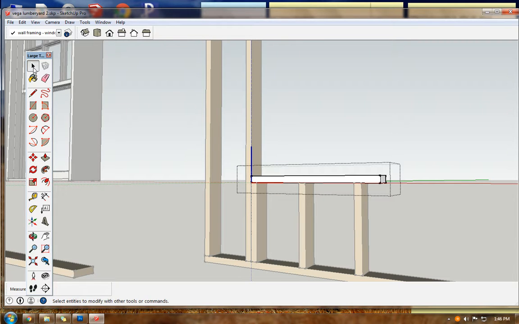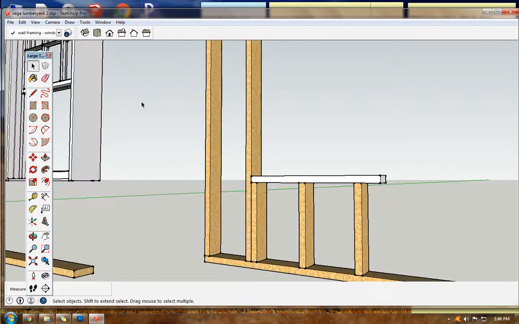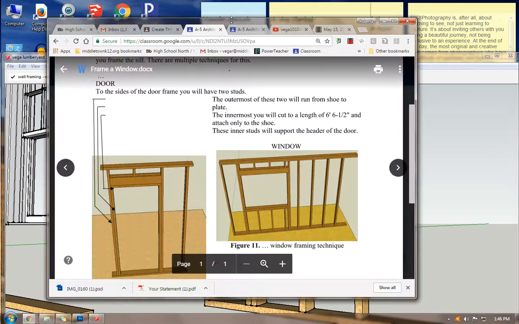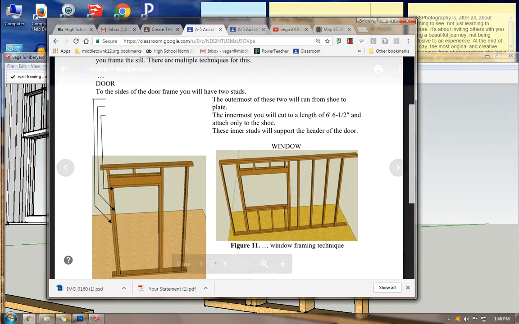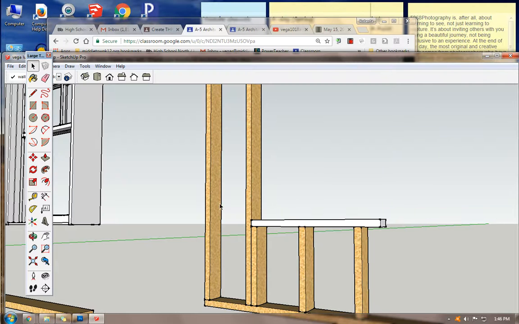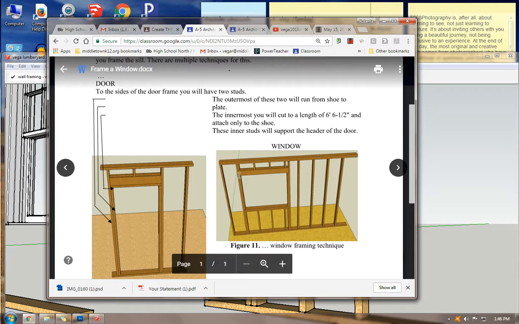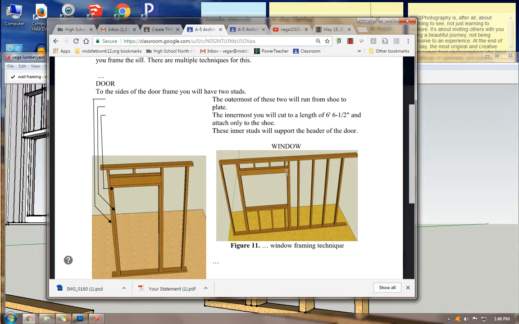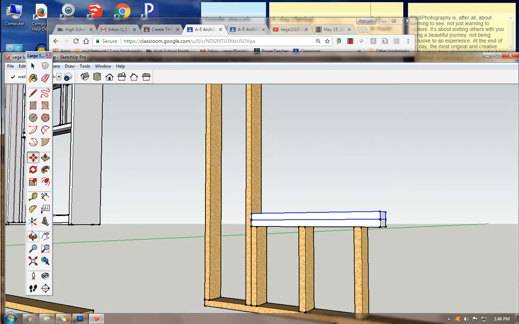Now, click out in space, look at my diagram. My diagram says I need 2 of those. So I'm going to Control Move a copy of that up. There's a component, so I can Control Move one up. And then my diagram says I need jack studs here. And these are going to be the height of the window. So I'm going to take one of my jack studs and I'm going to Control Move a copy of it